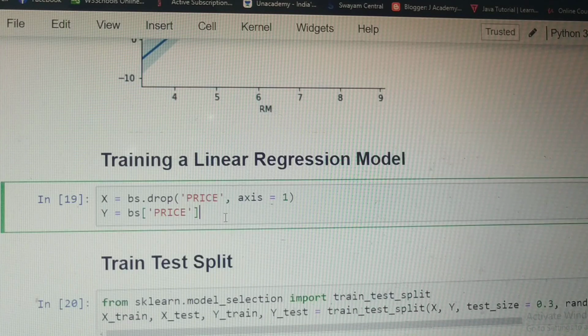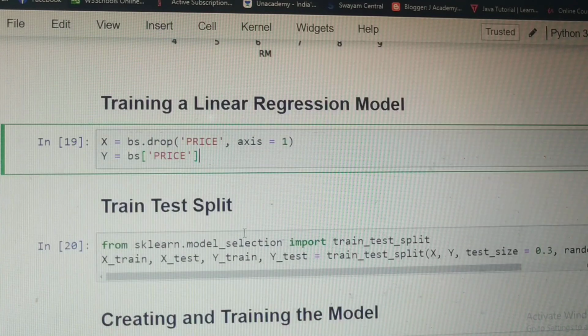So the next step is that we are going to train a linear regression model. So we divide this into X, that is all the features except the price. So bs.drop, we are going to drop the price here. axis equal to 1 indicates column, and y equal to bs price, because that is what we need to predict.